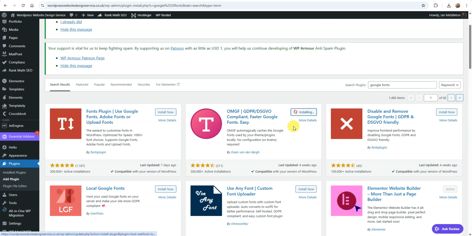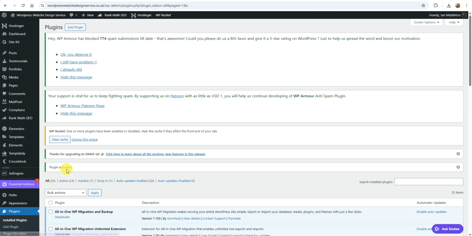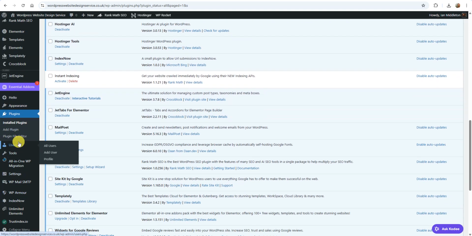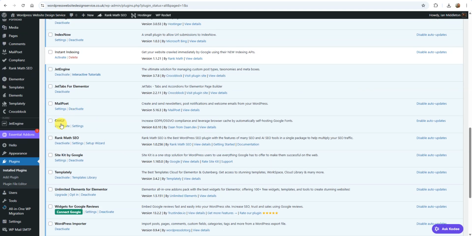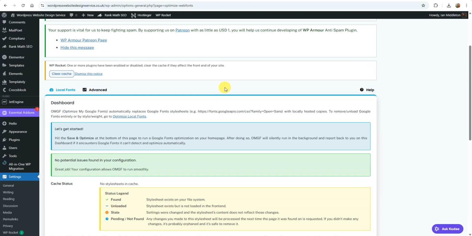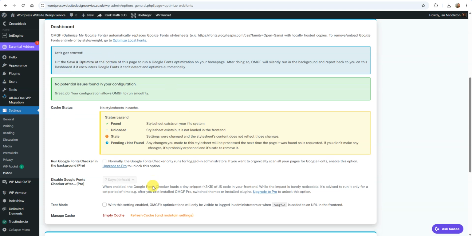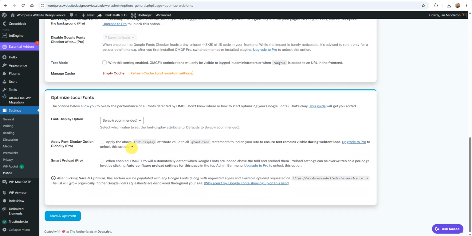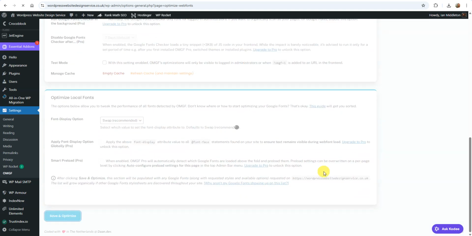Just simply, as usual, find this plugin, install it. There we go. Activate it. And then go to the plugin itself, so you'll find it there you've just installed. Go to settings, okay, and all you really need to do is that. It's quite simple. You just come down here and save and optimize,